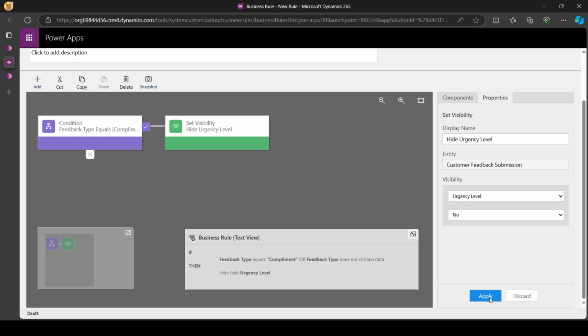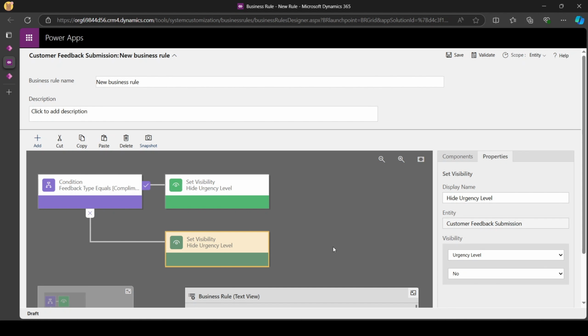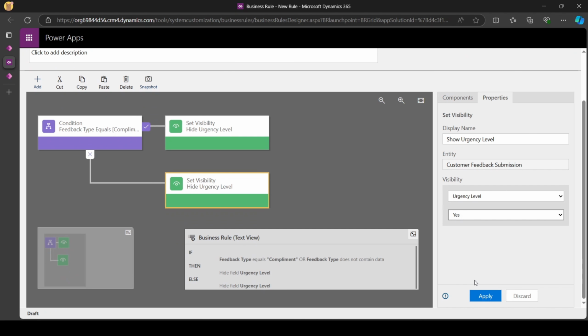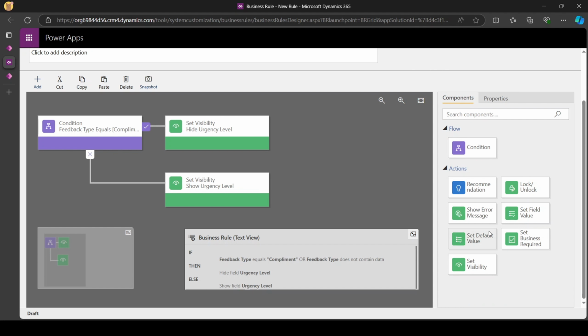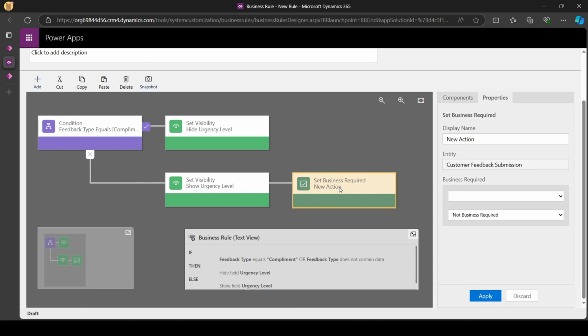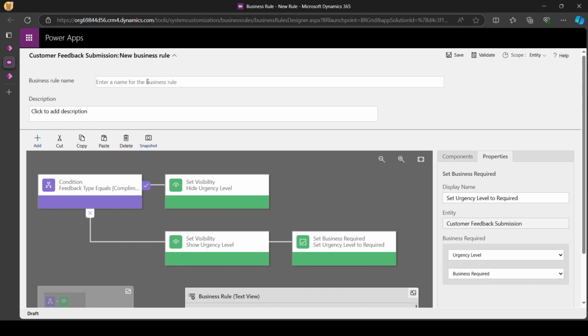Always don't forget to apply. But if this is false, meaning it's neither compliment nor empty, I'll copy this. So to copy, just select the action, copy, paste, select where you want to paste it, and we're not hiding, we are showing. Show the urgency level. I'll select this to yes, apply. At the same time, we also want to make the urgency field a mandatory field. So I'll select the urgency level, business required. Don't forget to apply, give it a name, feedback,